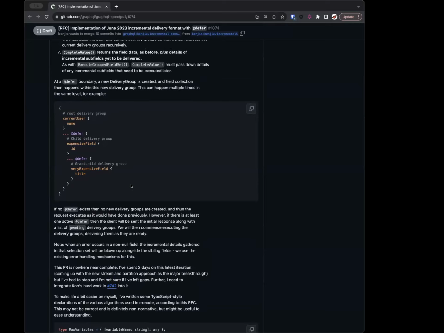One issue that comes out of this is that if you have overlapping defers, then their common bits would, according to the spec, be evaluated first, and then those remaining parts would break off into separate streams.